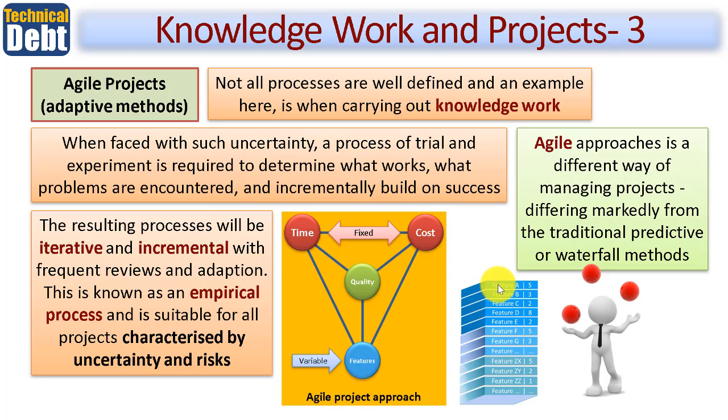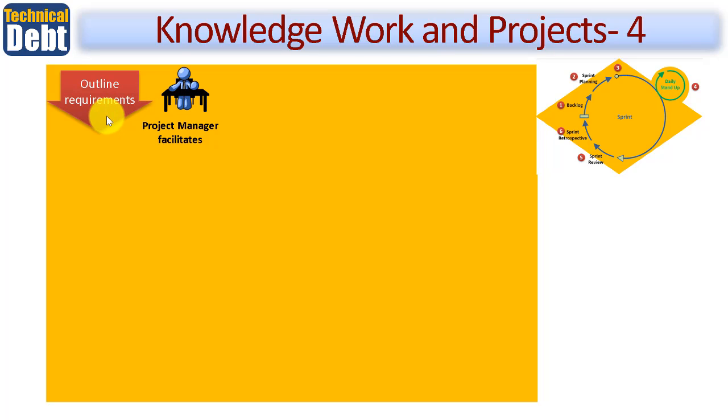So continuing on Agile projects, what we have to start with is our outline requirements, and you would have a project manager in more of a facilitation role, helping to ensure that the team have got everything they need and that they can work to their optimum efficiency and effectiveness throughout each sprint. Over here, you can see how sprints are cyclic. So for example, in a particular management stage of a project, you may have several sprints, one after the other. It starts off by taking the relevant features from the backlog, which I've just described broadly in the previous slide.